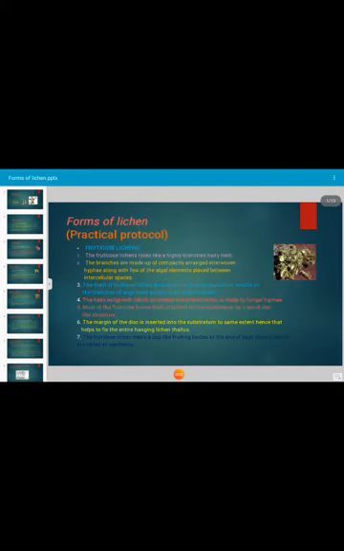Next, one more form of lichen is the fruticose form of lichen. It will also be present in the museum specimens. You just have to observe and write down all the details. In Hindi it is called patthar ka phool, and it is a very common lichen we use as a spice in our kitchen. In the photograph it is a Usnea type of lichen.